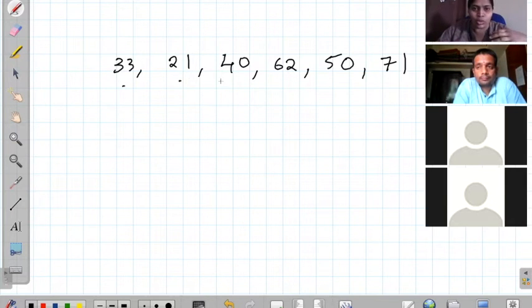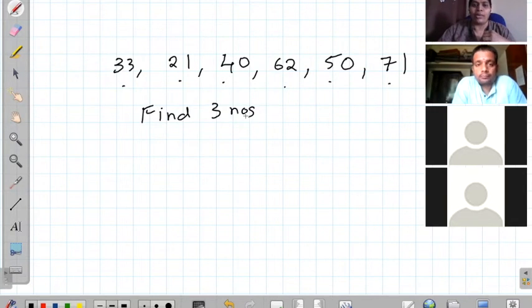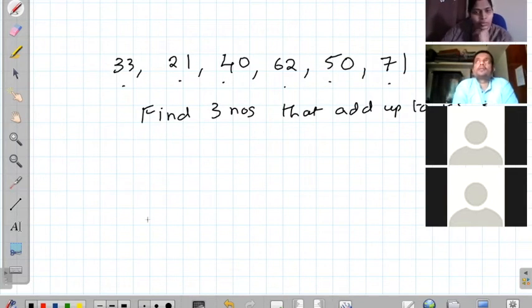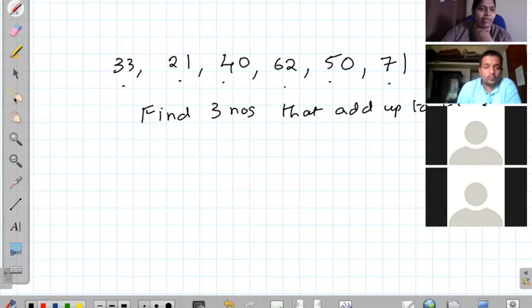There are how many? 1, 2, 3, 4, 5, 6 numbers. Can you find 3 numbers that add up to a multiple of 3? Find 3 numbers that add up to a multiple of 3. From these 6 numbers, can we pick?